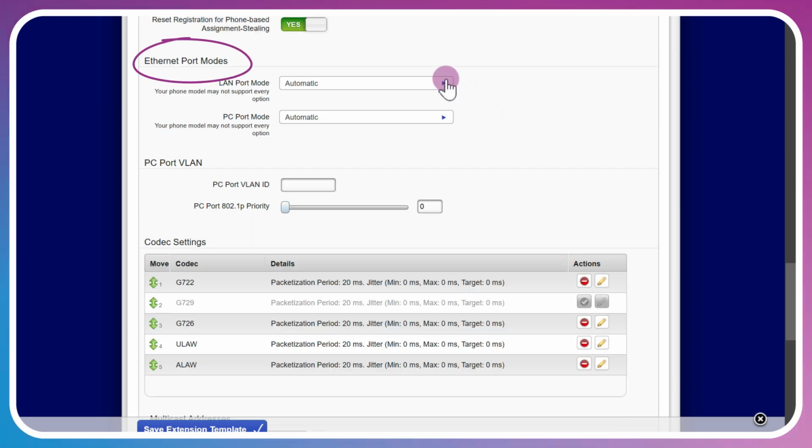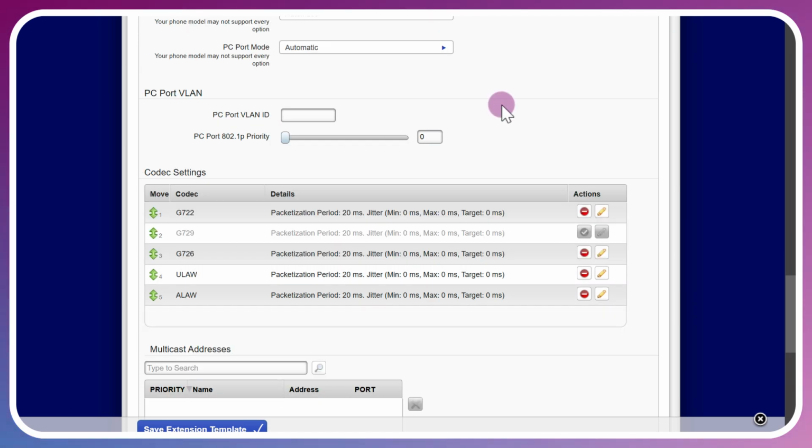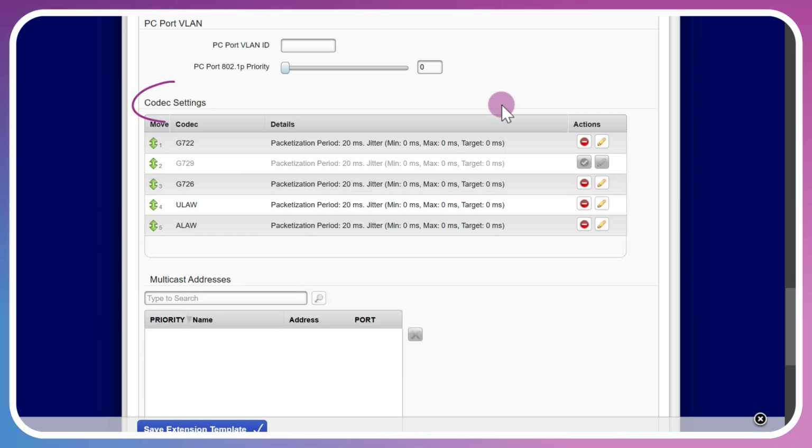Ethernet port modes can be left automatic, but if you would like to restrict the bandwidth, you can do so. And if you have any custom QoS or VLAN IDs that these will be sitting on, you can enter those in here. Codec prioritization, with G722 being the high definition codec in place as number 1.